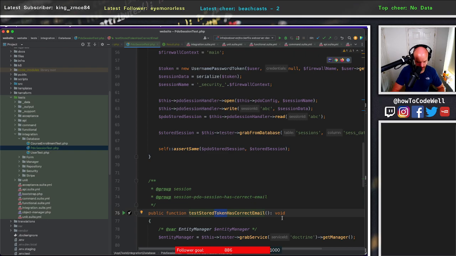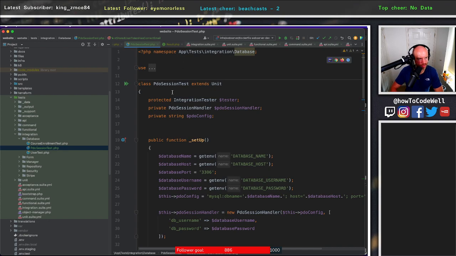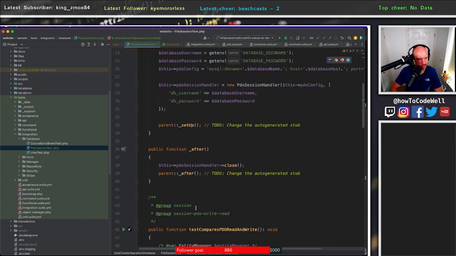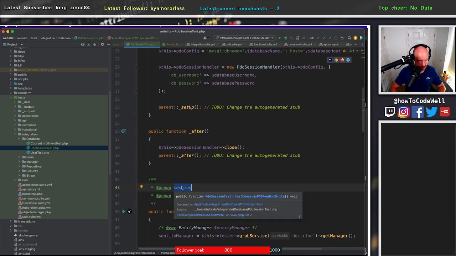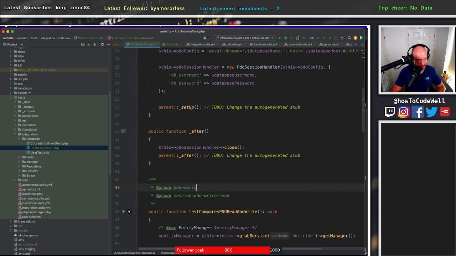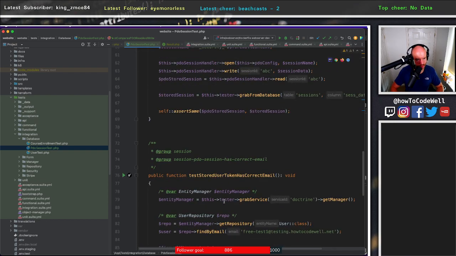In fact, we could do, right. So this is PDO session now rather than just session, which makes more sense. So let's change this up. So this is PDO session. So let's flip this on its head. This is PDO session, compare read and write, and then this one here is PDO session